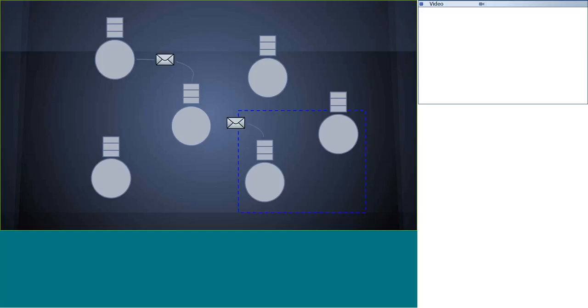So we can just take this chunk of system and move it off to another machine. And all the system has to do, and a lot of times this is just a matter of configuration, is to say that when you send something to this other actor, just send it over to that other machine instead, right? And nothing changes. Your objects, your actors, have no knowledge, or they don't really care, where things are running. And that gives you a lot of flexibility in terms of changing the topology of your system.